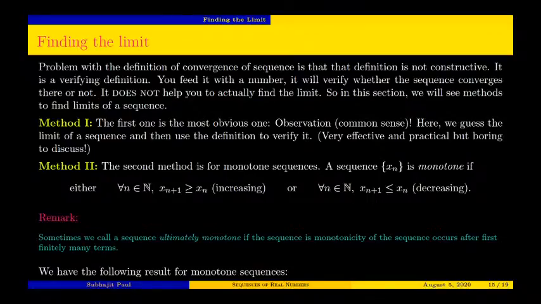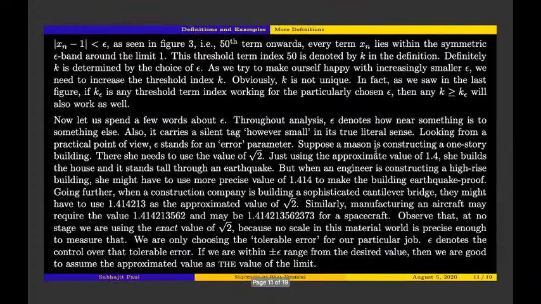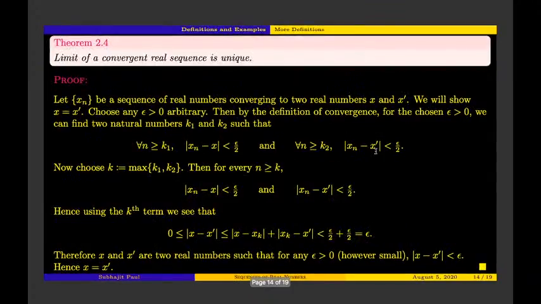Method 1, the first one is the most obvious one, observation, which is basically common sense, nothing else. Here we guess the limit of a sequence and then use the definition to verify it. Very effective and practical, but boring to discuss, obviously. So like this one,